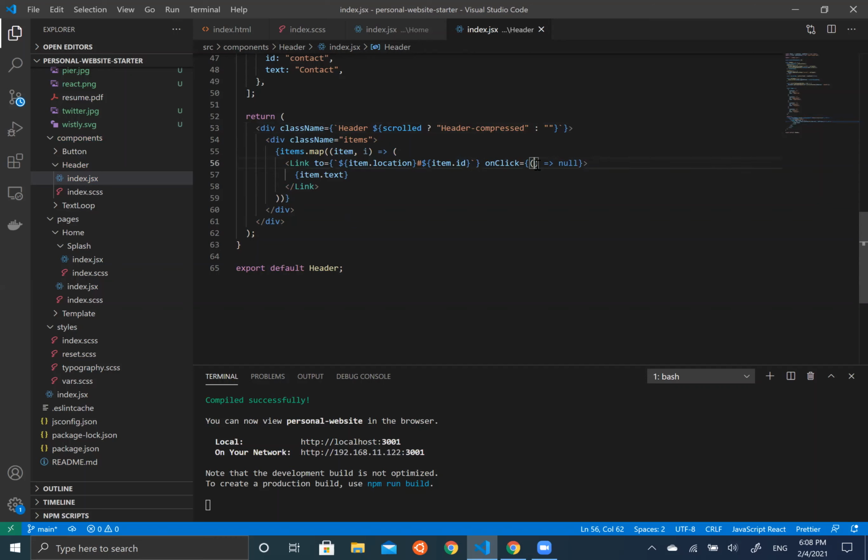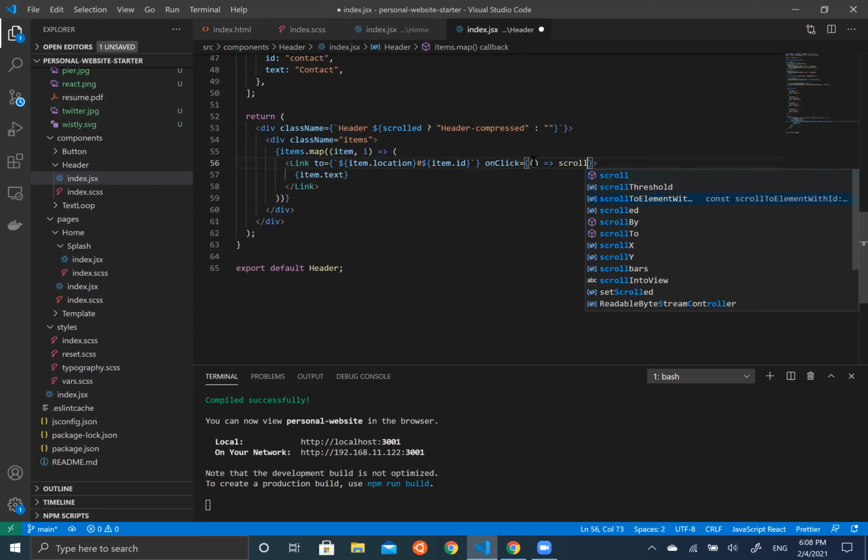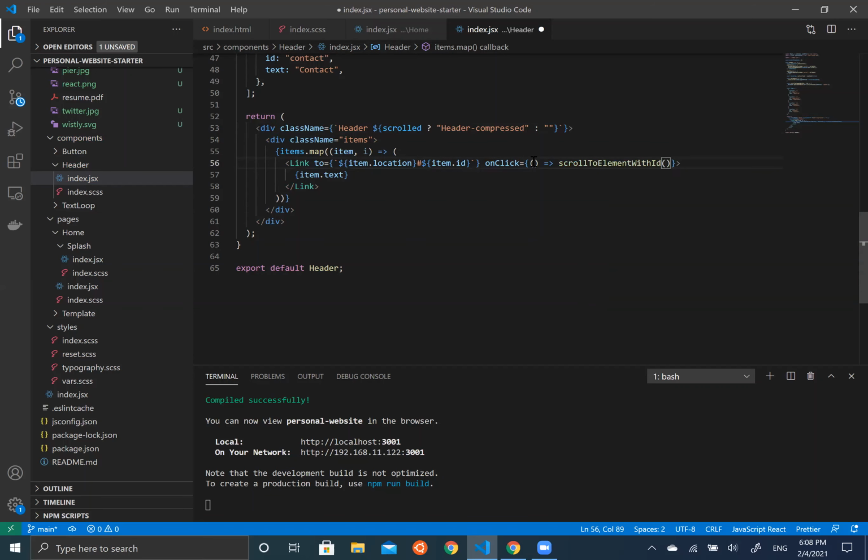And we can also do the onClick now. What we're going to do is onClick, we're just going to scroll to that element. So we just made our scroll to element with ID, and we're just going to say item.id. We have to pass in a function with no arguments, because otherwise this just doesn't work. So onClick, we're going to pass in a function, and that function is just going to call this function with this argument. And we passed in i for a reason. It's so we can do key equals i, because generally we want to